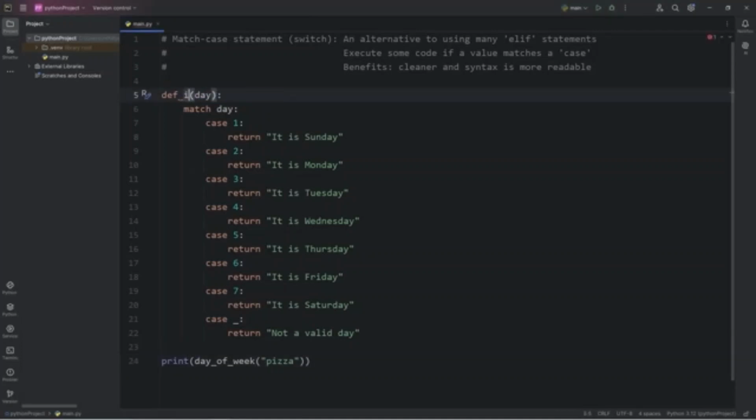We will create a function of isWeekend. We have to pass in a day. This time our day is going to be a string, such as Monday. The value for each case, instead of a number, is going to be a string. If our day matches a case of Sunday, let's return, how about a Boolean of true? We're checking to see if it's the weekend. If our day is equal to a case of Monday, then we will return false. Let's do this with the other days. I'm going to fast forward the video